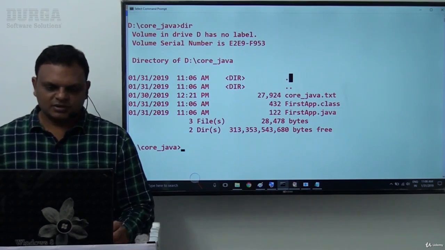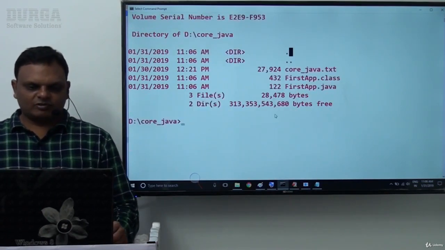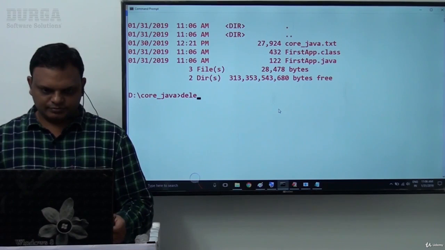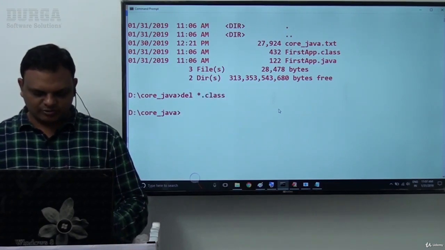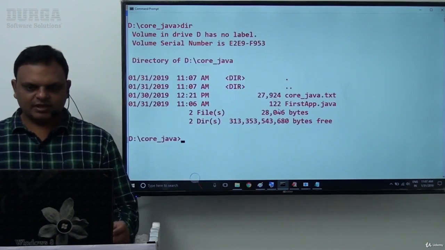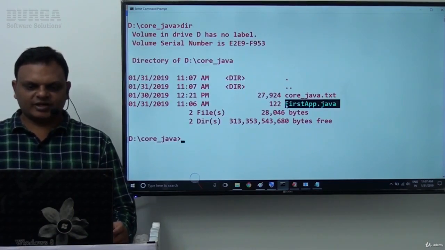Good, sir. But here, there is another point I want to specify now. I want to remove this .class file. In dir, only the Java file exists, that's fine.